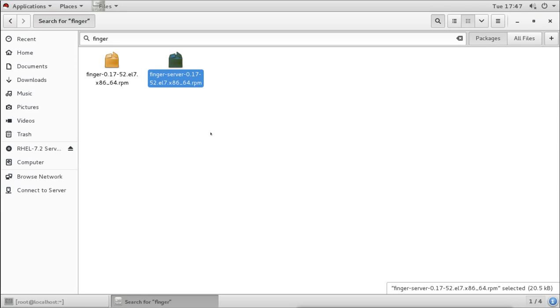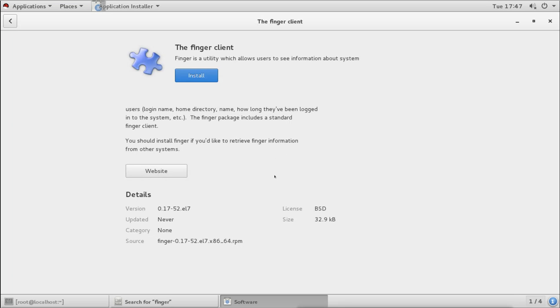Now we will use this to install here, and we will see how the finger information looks and how we can add the finger information. But if you want to install it graphically, you can double click on it like we do in Windows, and then we can select install to install it.